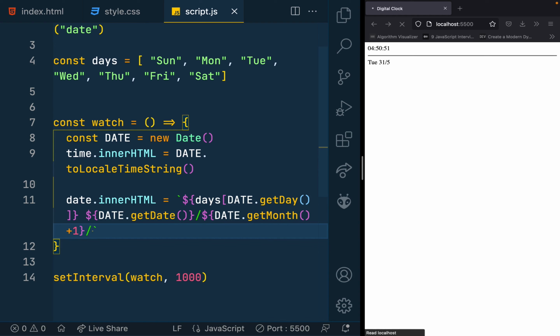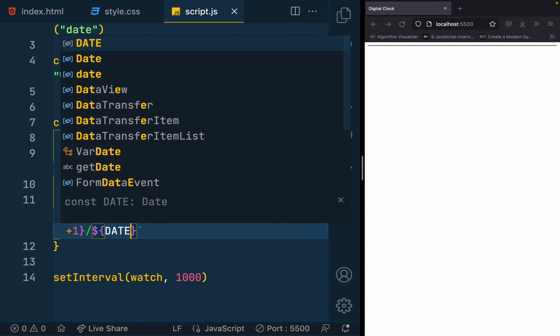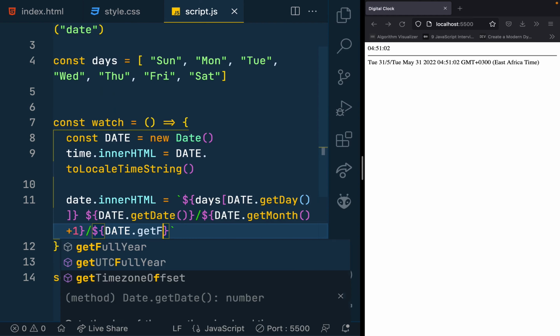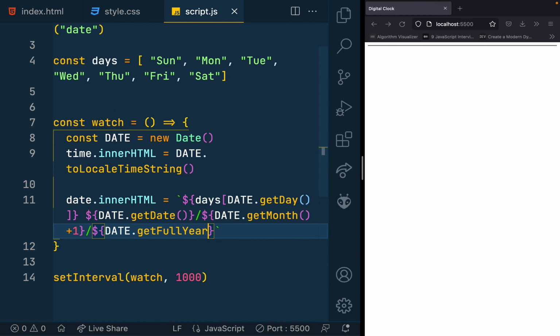And then let's see, maybe space this a little bit. Okay, let's get rid of that. We shall get the date. Let's get full year. And there we have it. We have our time and our date there. So I think with the